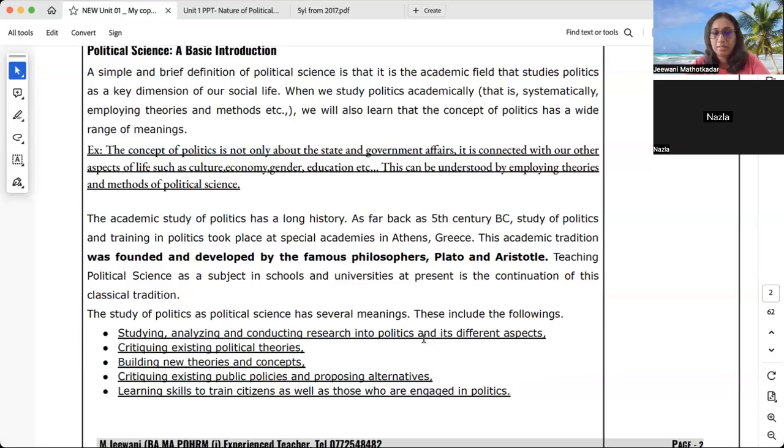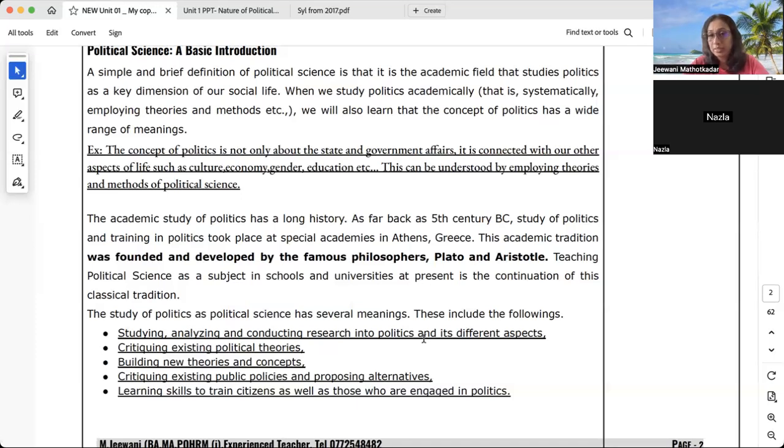So you have to criticize existing political theories in their application to Ghana. For example, the theory of separation of powers is applicable to the government. The theory says institutions of the government should be separated. So you have to criticize how far this theory is applicable to the government.